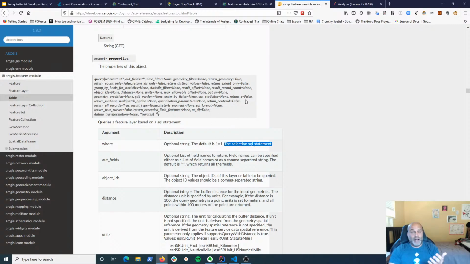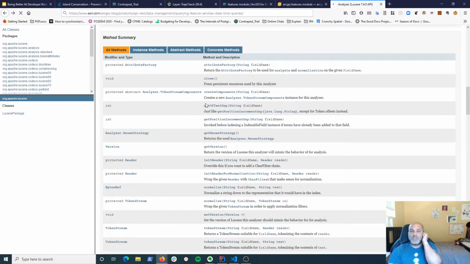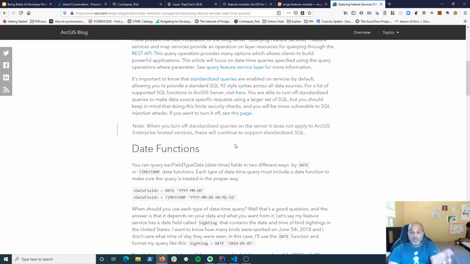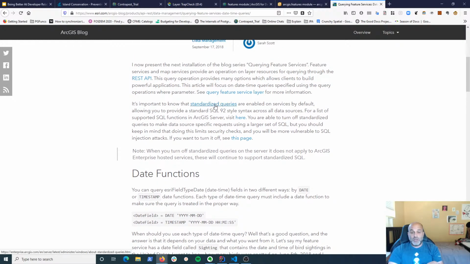So I do a lot of digging around for a while to try to get at what these SQL statements look like. And I actually want to do a time query too, right? So we go to here. I look around a lot. I actually go back to the REST API because I know there's a REST API underneath of it. And I get to this. I start looking through the REST API documentation and I get here. And this is a blog post. And I'm like, this is a blog post. That's great.